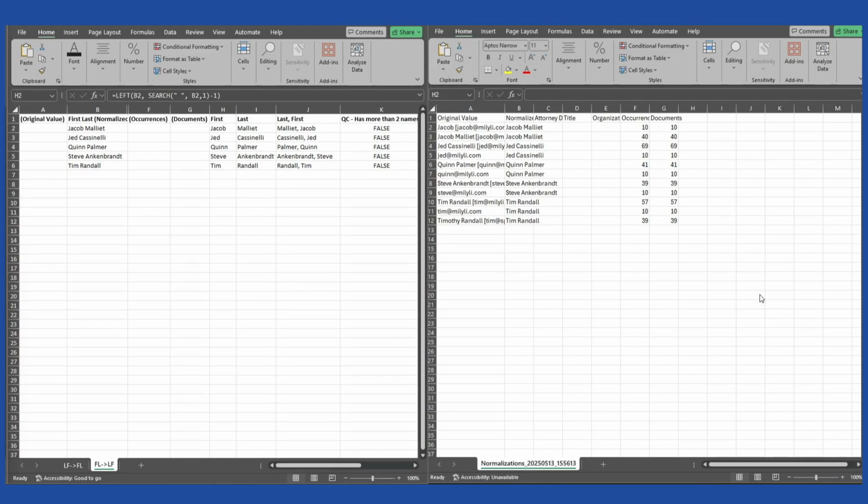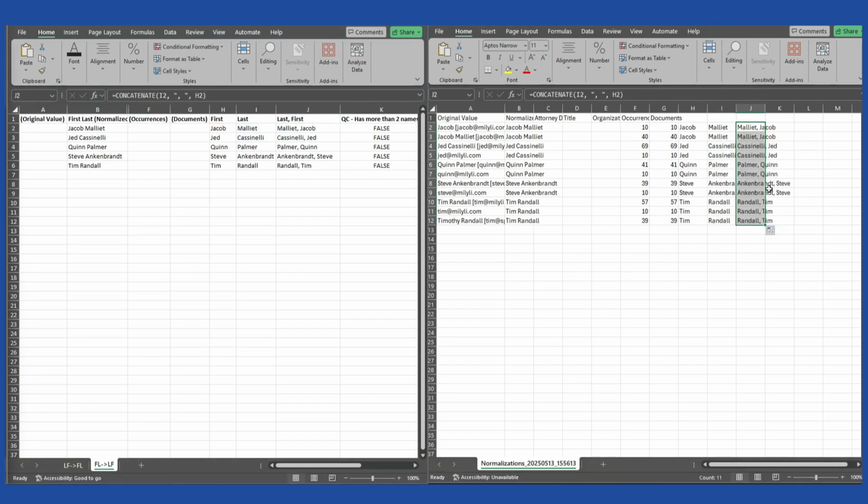We want to copy those formulas from our template over to our all data CSV, which I've opened up here on the left. So I'm just going to click over here, copy the first name formula, paste that in and drag it. Then we'll do the same with the last name formula, paste that in and drag it. And then finally the same with the concatenate formula,